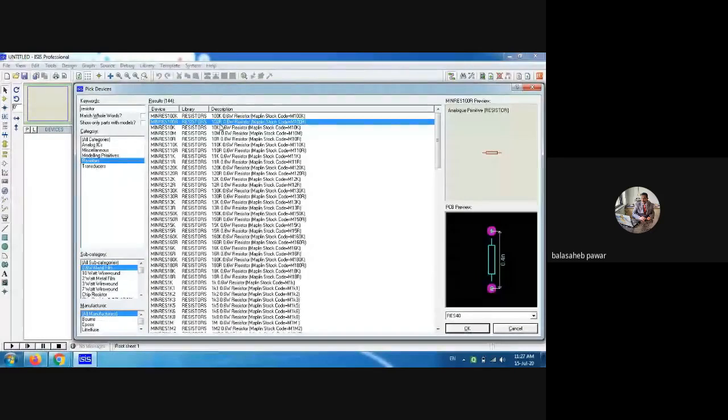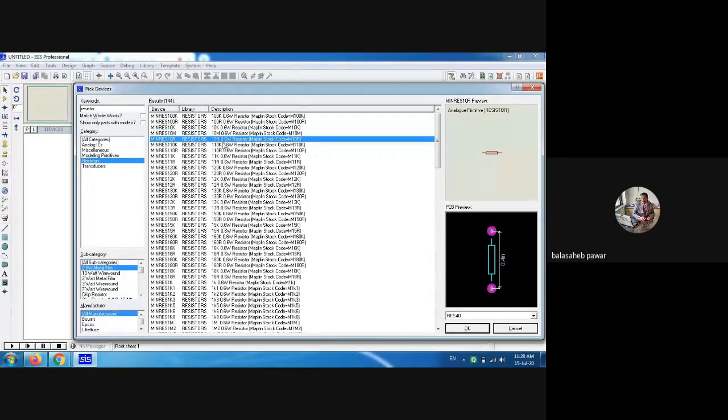That symbol you will not observe in this library. So remember that capital R is written, that is nothing but simply the ohm. So what is the difference between the first and second resistor? The first one is of 100K, that means 100 kilo ohm, and the second one is of only 100 ohms. Like that, you can check, so many resistors are available.